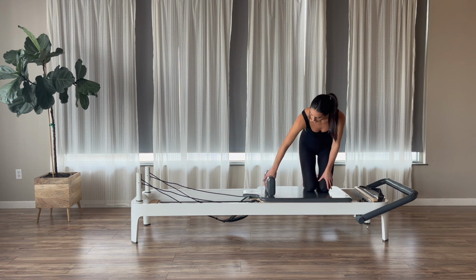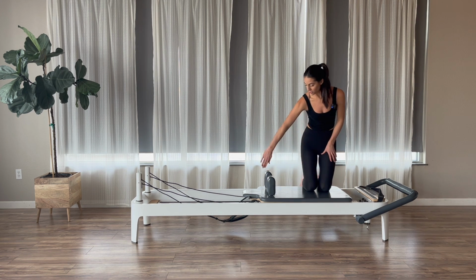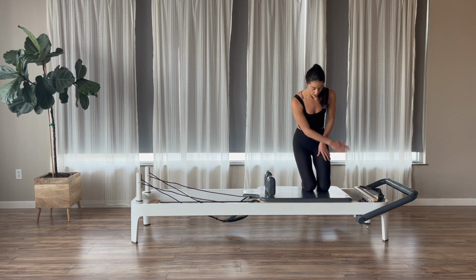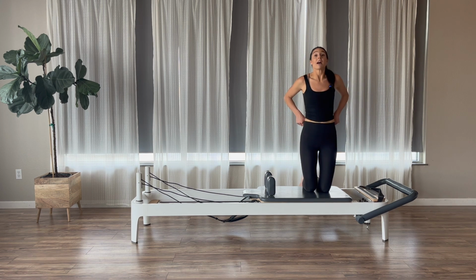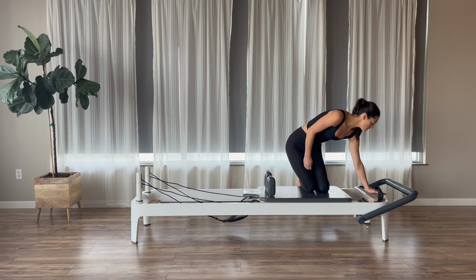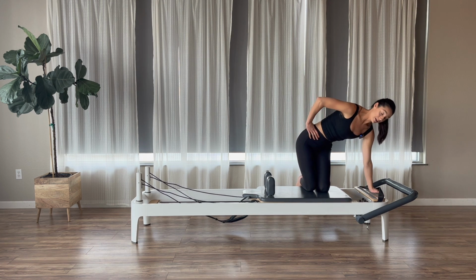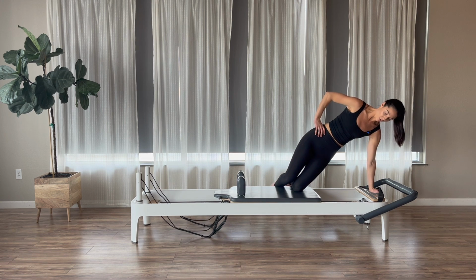And then I'm lined up right about center on my reformer. And when I say center, I mean right where your spine is usually at. This is like right where your butt is usually at. You have the option to take off this spring if you would like, just to make it a little more challenging. Left hand goes onto the wooden platform. I'm going to take my right hand to my hip, and then I'm going to press the carriage out with my knees,